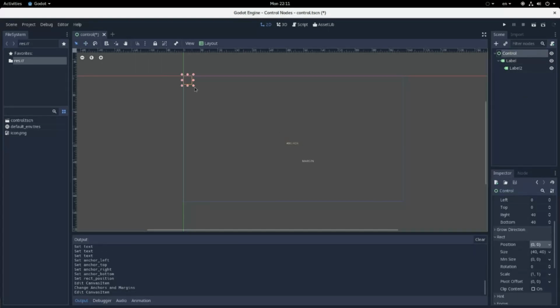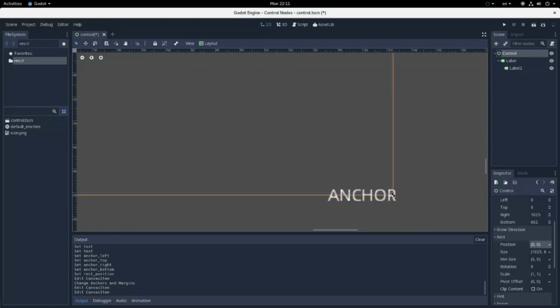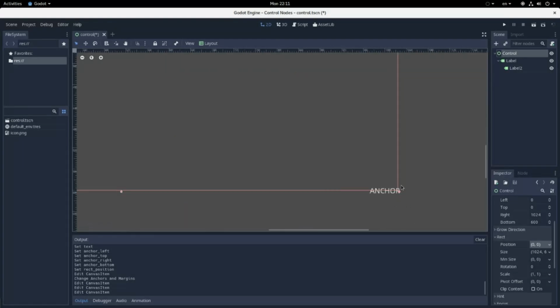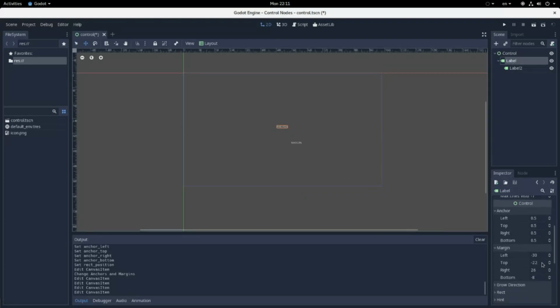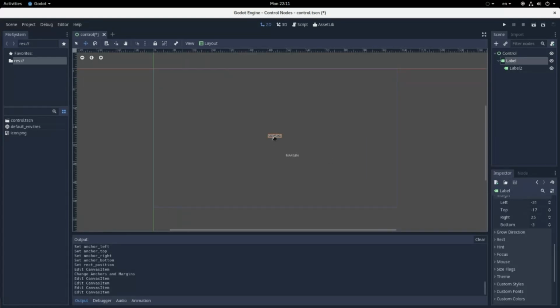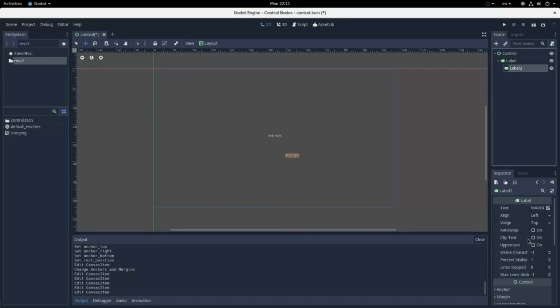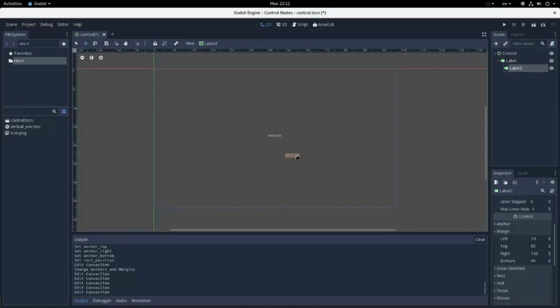Or actually, I should make this control node the size of the screen, because again, it's all relative to the parent object. So if I make this whole control node the size of the screen, I should be able to set this stuff pretty much towards the center. These margin values are a bit confusing, but what I'm getting at here is that these margin values are offset, and this is always going to be tied to